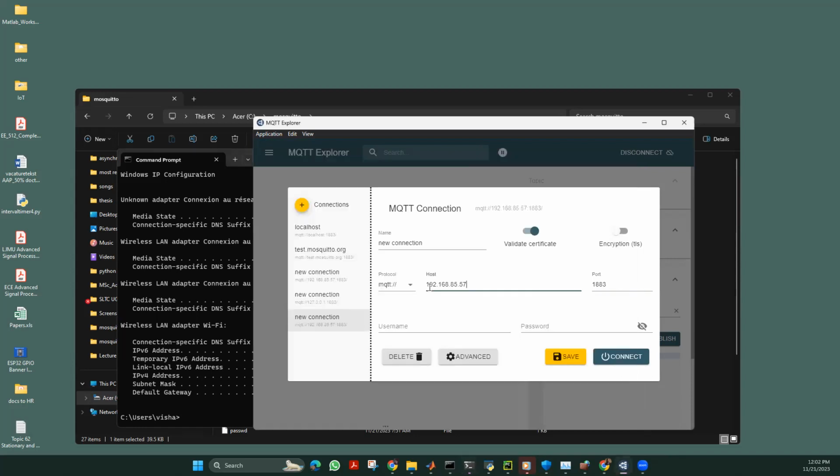You can put it as the hosting device's IP address. In here, when I directly type it in and say connect, it will give me a message saying that it is not connected to the server, which means that